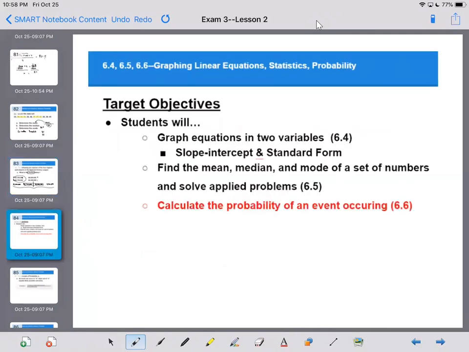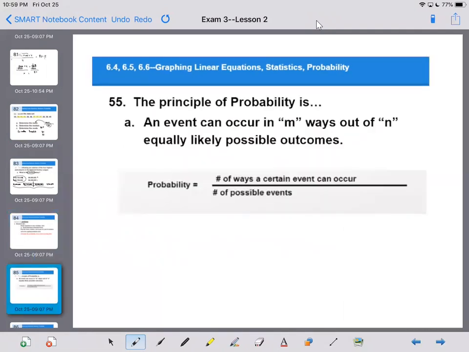All right, so that will conclude finding averages, finding medians, finding modes. And then finally, we want to look at calculating the probability of an event occurring. Probability, by definition, is just the number of ways an event can occur out of the possible. Okay, so if you're thinking about rolling a die,